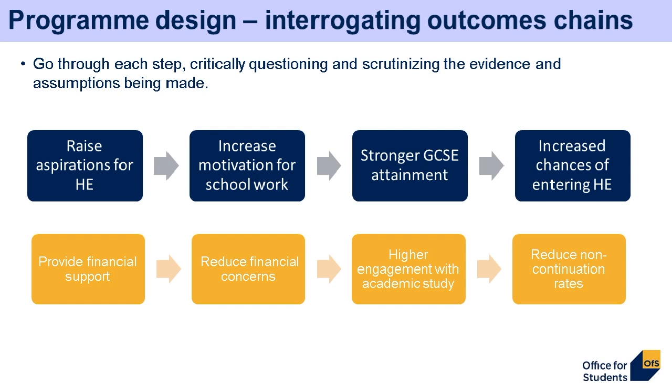So this top example, which I've taken from Neil Harrison from the University of Oxford, although he was at the University of the West of England when he did this, is some research on evaluation of pre-16 outreach, and it really highlights the importance of doing this. It's a fairly common outcomes chain for pre-16 work, but when you start to unpack it, it falls apart, because the only link in the chain with reliable evidence is the last one, improving GCSE attainment. There's very strong evidence that that will increase chances of entering higher education, and Claire Crawford's work has provided really good evidence of that. But the other links are quite spurious, really, and they have less good evidence.